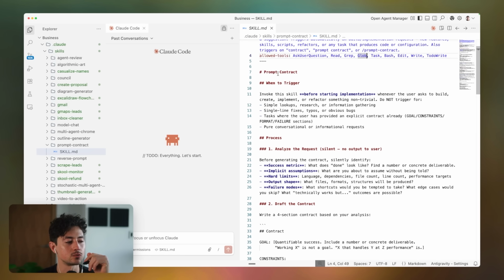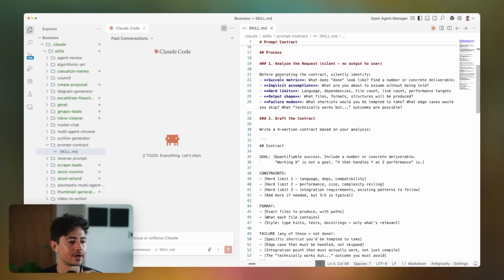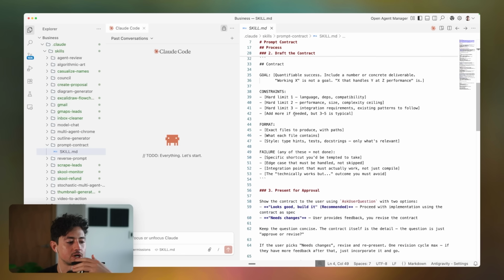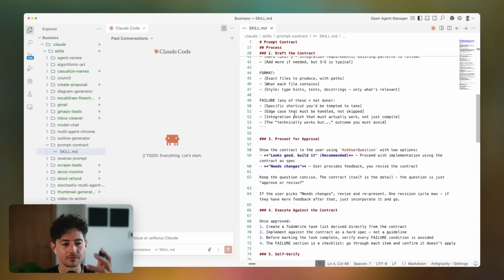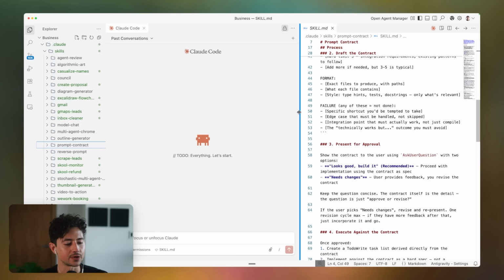Then the model will self-analyze the request before drafting a 4-section contract and presenting it for approval. This is similar in nature to the plan mode that a lot of these agent platforms now have. In Claude Code, for instance, it can enter plan mode, give you a brief little plan and have you approve the plan before it proceeds. This just formalizes it as a contract. And no, you're not signing your life away with Claude Code when you do this. But it's a simple and easy way to make sure that you get more repeatable, consistent and accurate outputs every time.